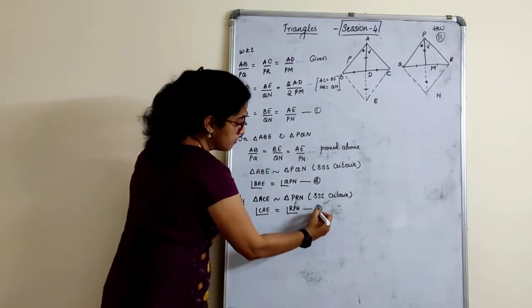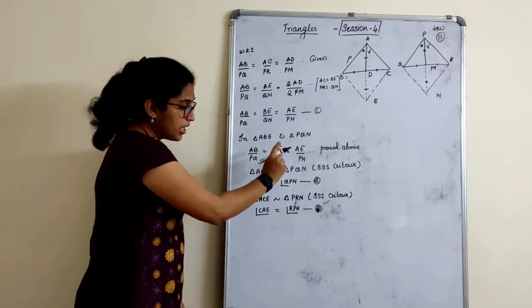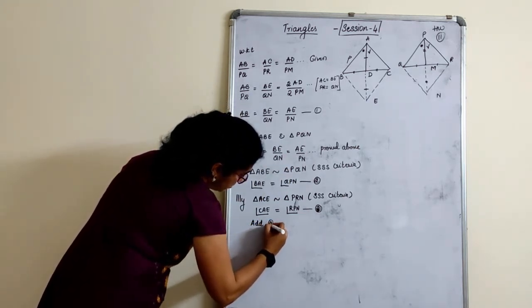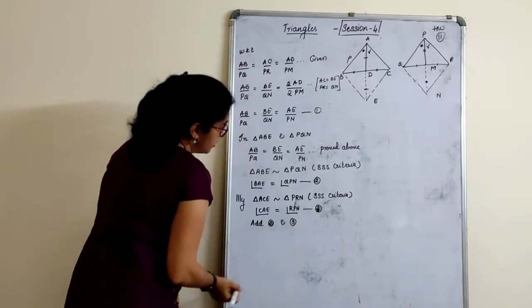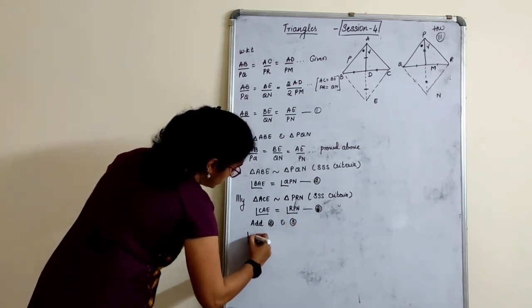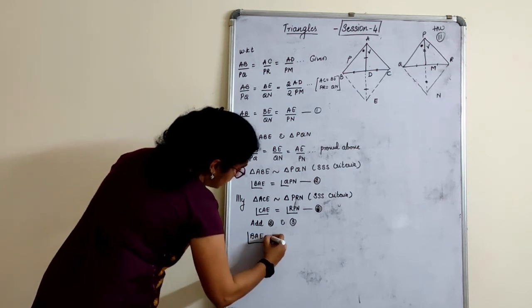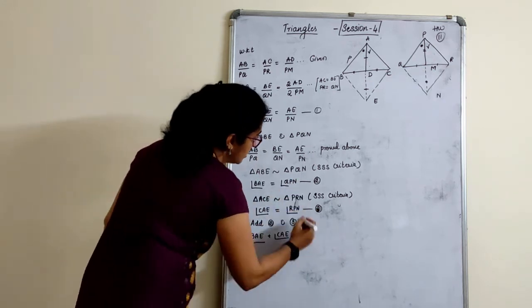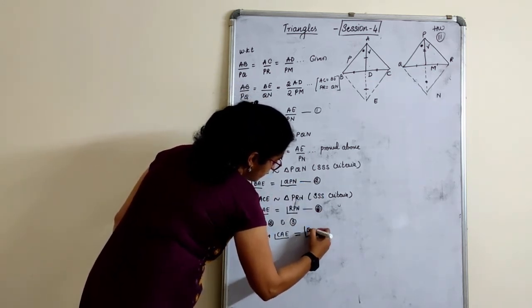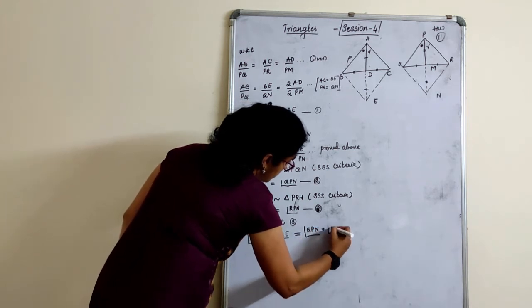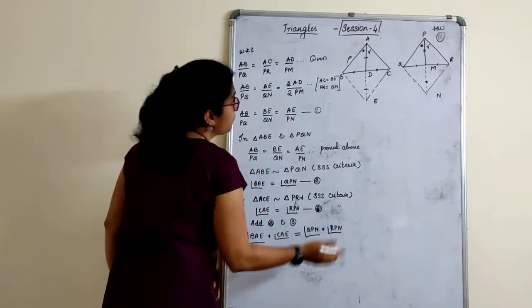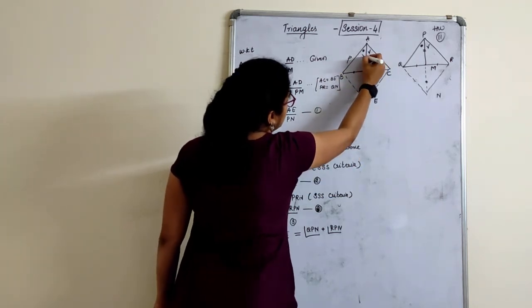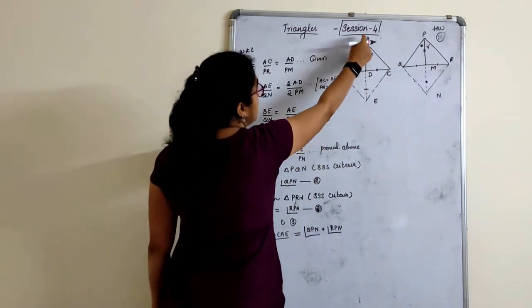Equation 3. Right? Still the sum is there. Add equations 2 and 3. So if I add 2 and 3, it is angle BAE plus angle CAE is equal to angle QPN plus angle RPN. Read. BAE plus CAE will give you what angle? Will give you BAC